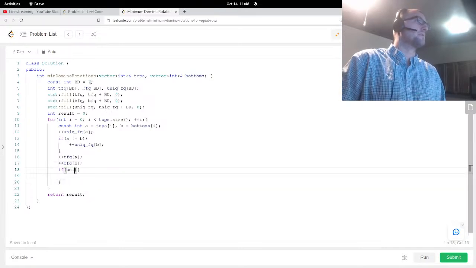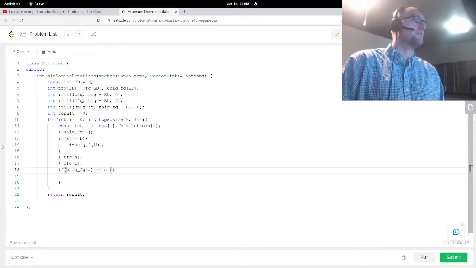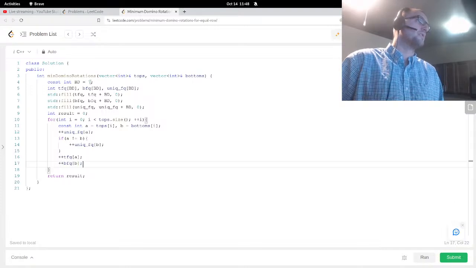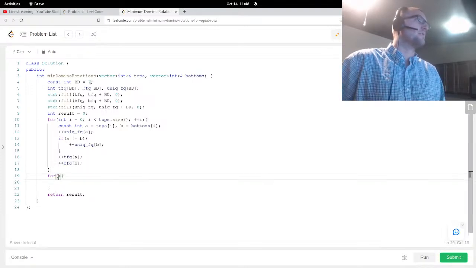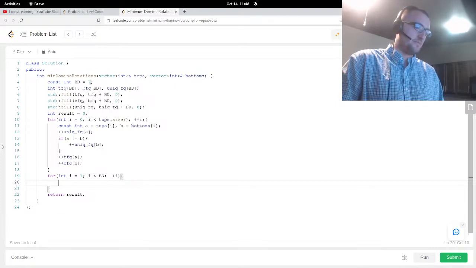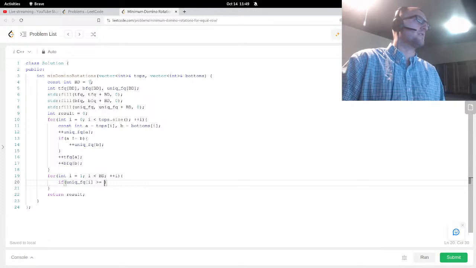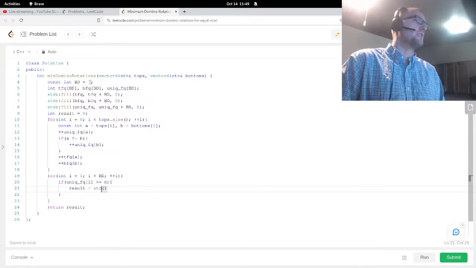If the unique frequency of A is equal to N, or unique frequency of B is equal to N, which actually, I'll just do it this way. Actually, that's probably not 0, or I is 1 really, I is less than BD. It's probably easier to do it this way. So if the unique frequency of I is greater than or equal to N, then we're going to update the result to be, it's N, the minimum